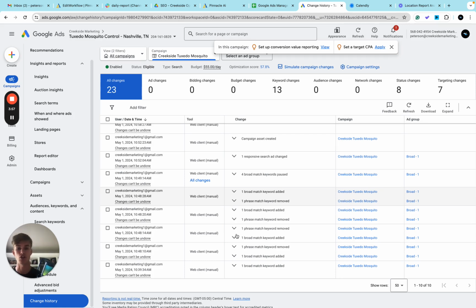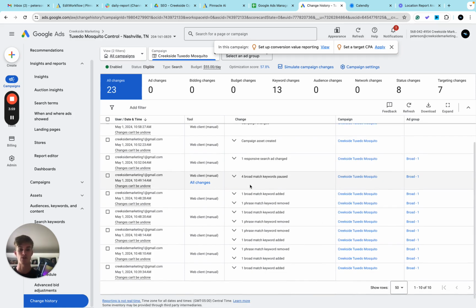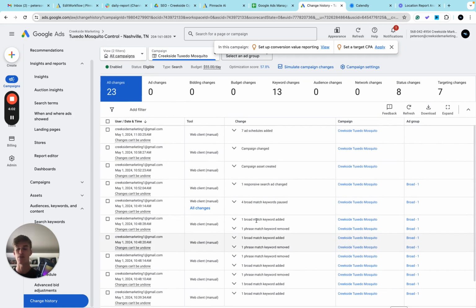So what we're going to do is we're going to undo all of these changes, and then over the course of the next few weeks, we will be watching to see how the campaign performs. If the campaign starts jumping back up, then we'll know, okay, perfect, we've found an issue with one of the changes we've made, and we'll need to go in and slowly but surely make these changes again,